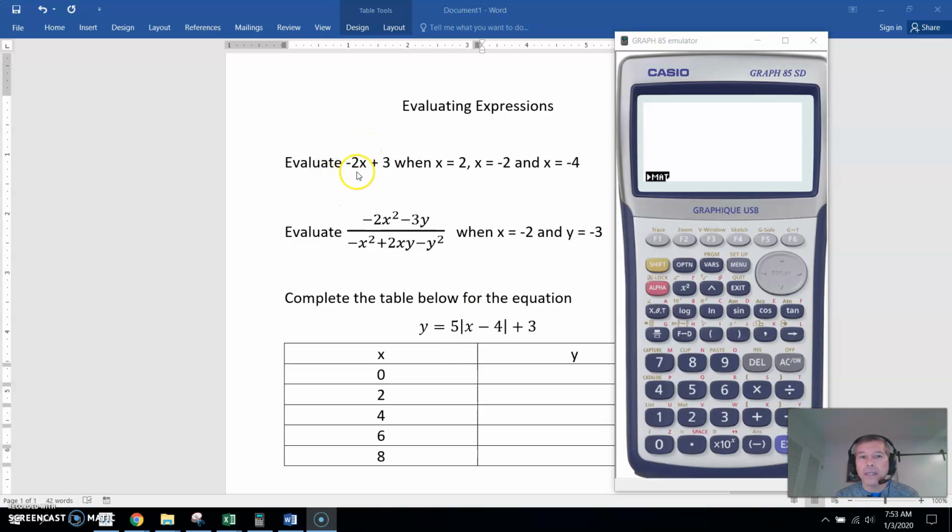This one says evaluate this expression right here, negative 2x plus 3 when x equals 2, then when x equals negative 2, then when x equals negative 4. Now you could do it by just typing in negative 2 and then put parentheses around the number you're typing in, which is the first one would be 2, and then continue on plus 3 and hit execute,